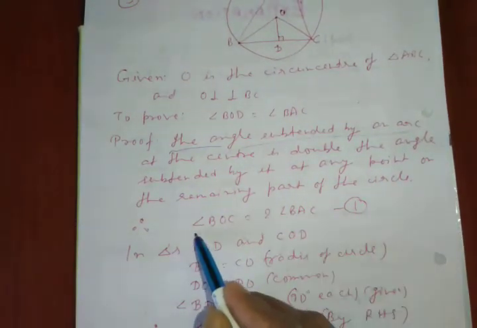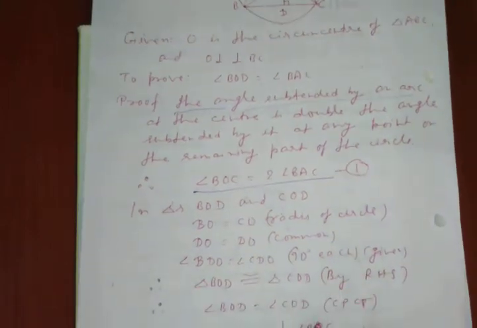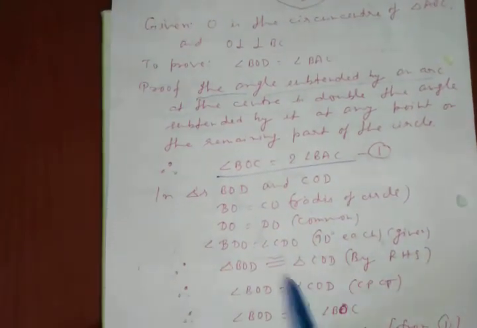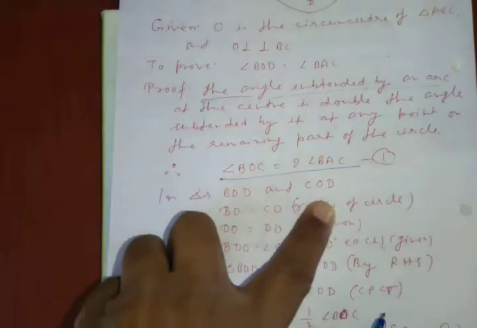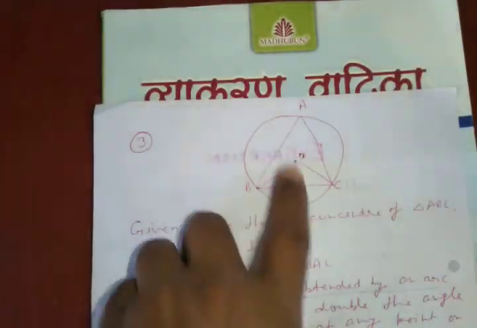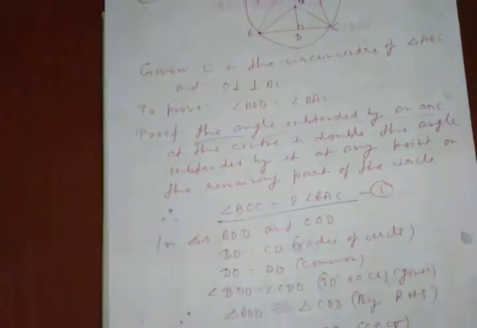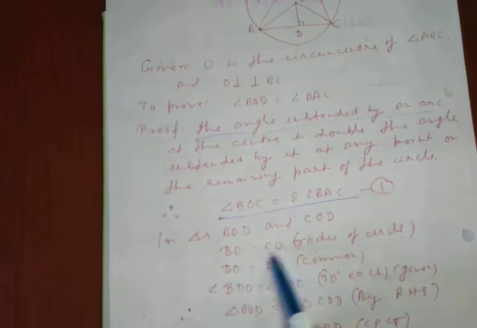So by this property we have angle BOC equal to twice angle BAC, and again in this question we will prove that triangles BOD and COD are congruent. In BOD and COD, the conditions are: BO equal to CO, these two are the radii of the circle, and DO equal to DO, this is common, and angle BDO equal to angle CDO, 90 degrees each, because